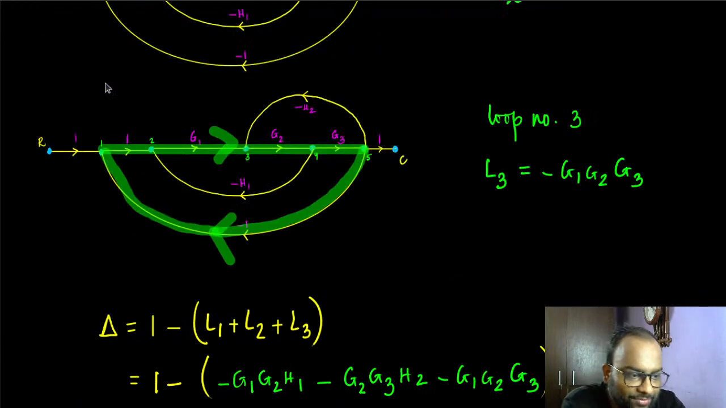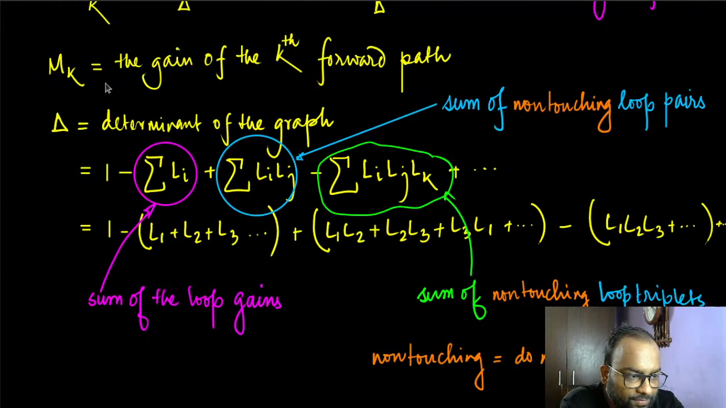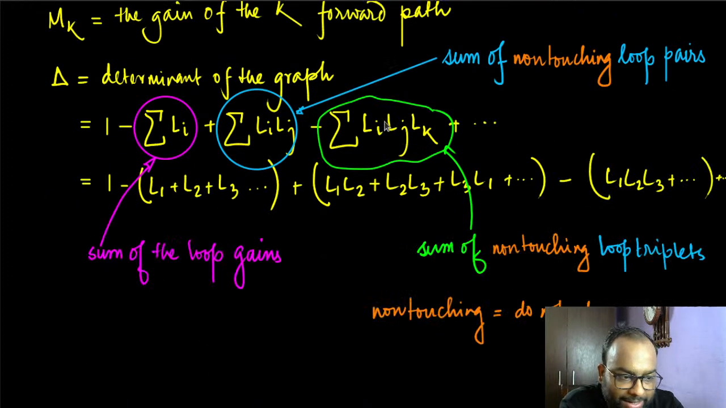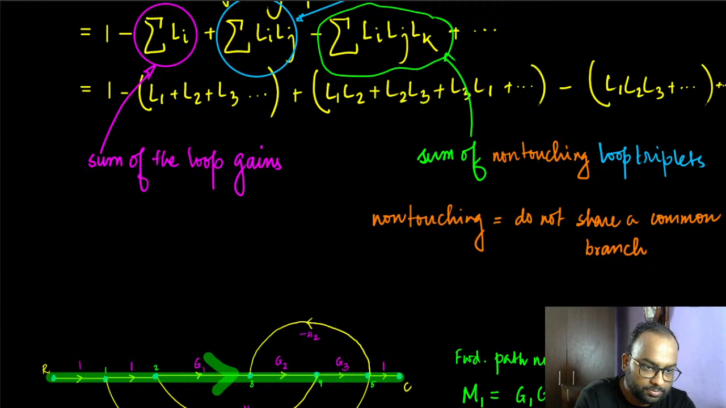All right, so that's the graph determinant. We have taken care of delta, and there is one more term: delta k. So we have delta mk, and what about delta k? Essentially delta 1, delta 2, delta 3. So delta k is equal to delta